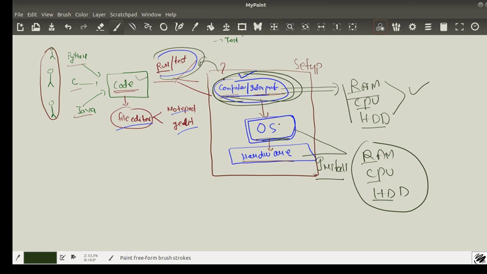Let's say forget about the operating system for a while, and if you talk about the compiler or interpreter, how much CPU, RAM and hard disk will be required to run your code? You have to give two different answers: how much for only the compiler or interpreter, and how much for the entire OS. Take your time, maybe 1 or 2 seconds, not more than that, and